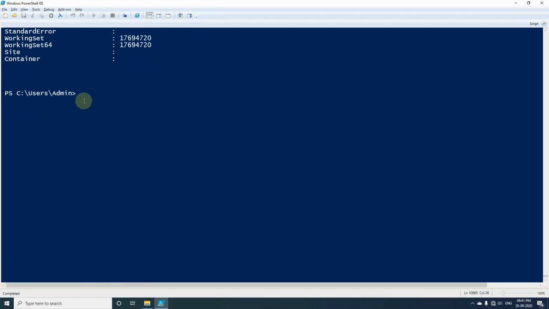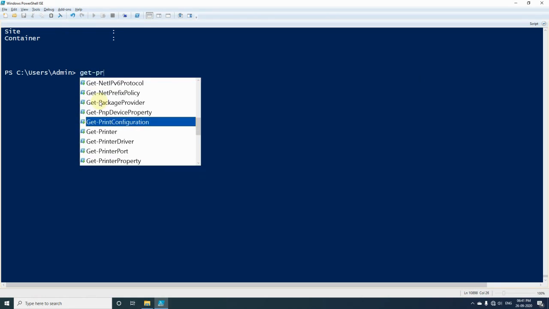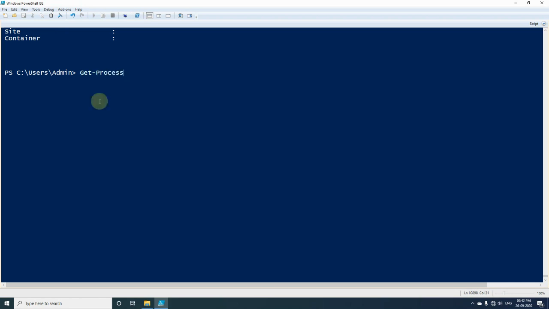And now we will see how we can change the delimiter while exporting. In a CSV file by default all the columns are separated by a comma, but if I want to specify any other delimiter, so instead of a comma, if I want a semicolon, we can specify that as well. Again we will be seeing one example. I will use the same cmdlet called Get-Process.